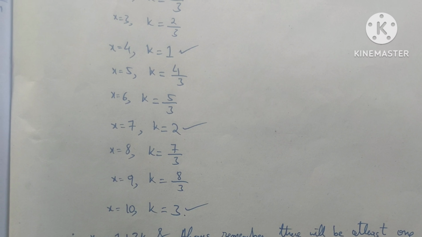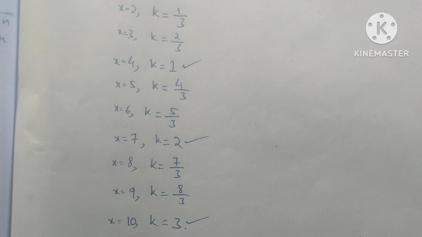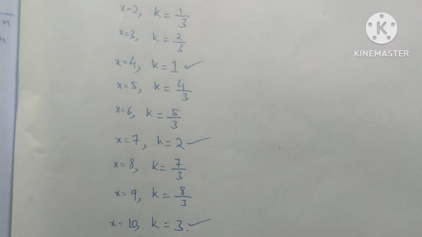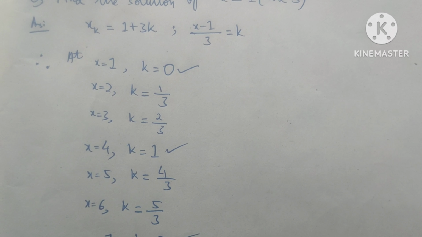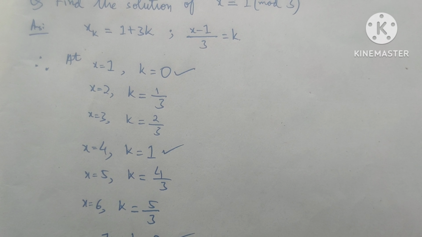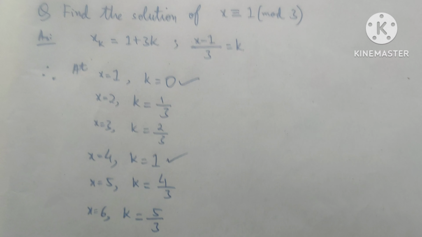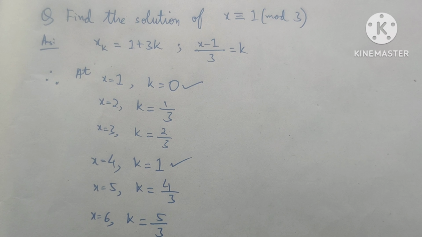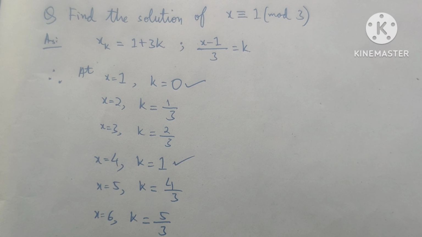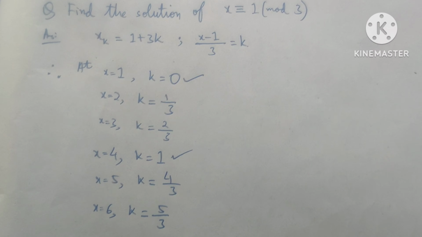Now there will be infinitely many numbers that are divisible by 3 if we go on continuing in this way. So that is not a way out. Then what is the catch to find out the value of x? The catch is, always remember, there will be at least one solution which is less than n. Now what is n? As in the definition,